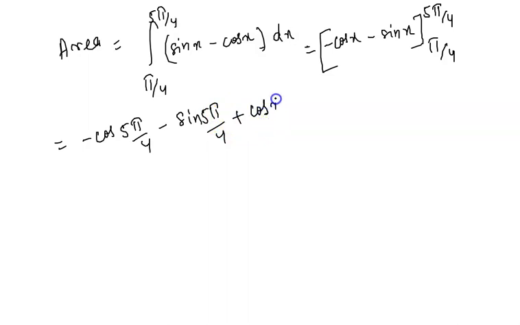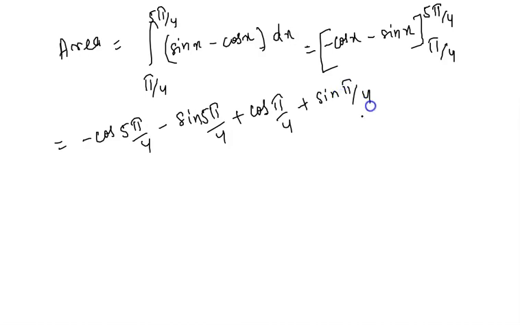So for the lower limit, we put x equal to pi by 4, so it will be cos pi by 4 plus sin pi by 4. Okay,